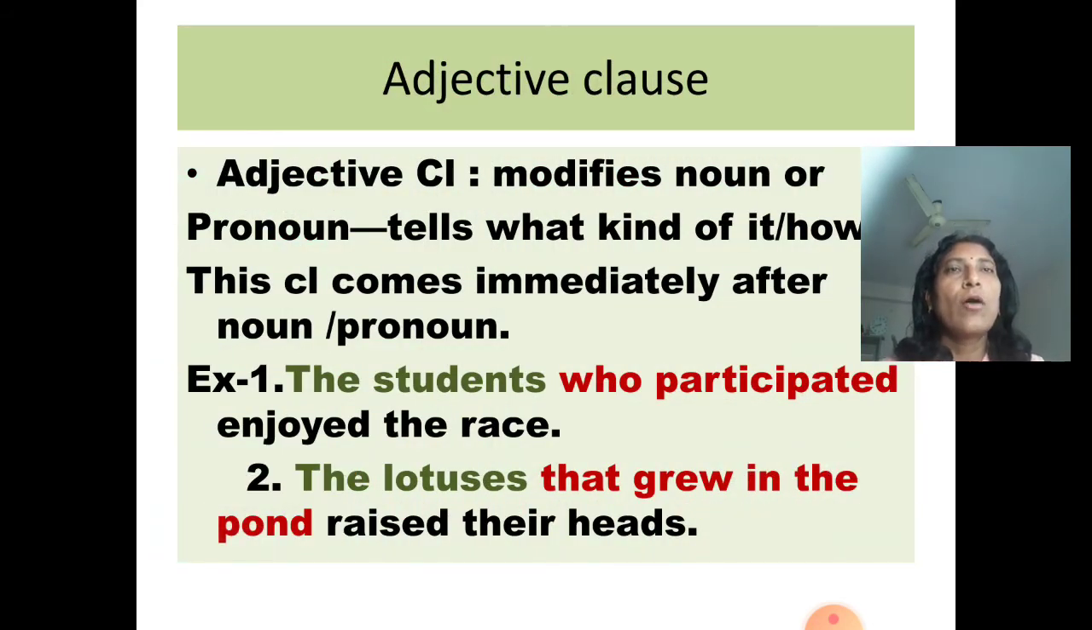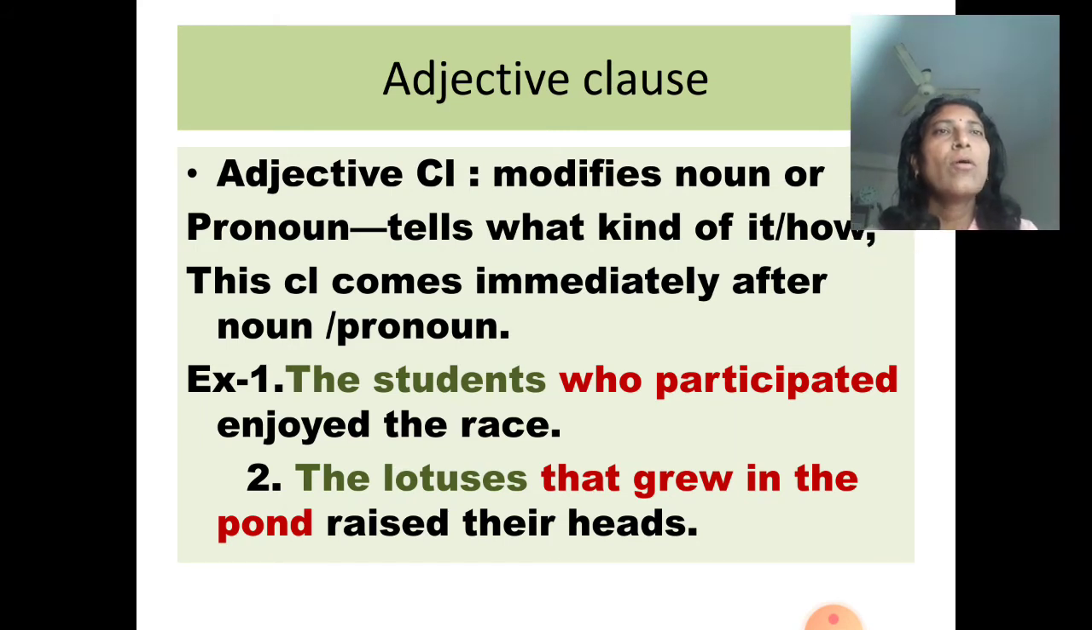Now adjective clause. How can we identify an adjective clause? Adjective clause modifies a noun or a pronoun. It tells what kind of it and how it is. This clause comes immediately after the noun or the pronoun. See this sentence: the students who participated enjoyed the race. Here in this sentence the main clause is the students enjoyed the race, but we are telling something more for the students